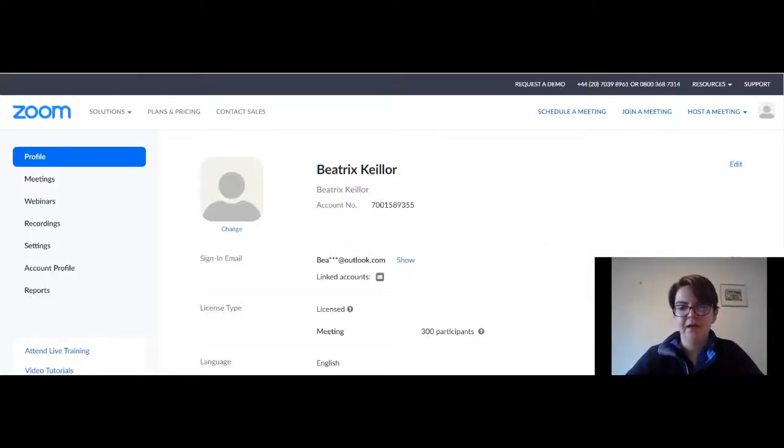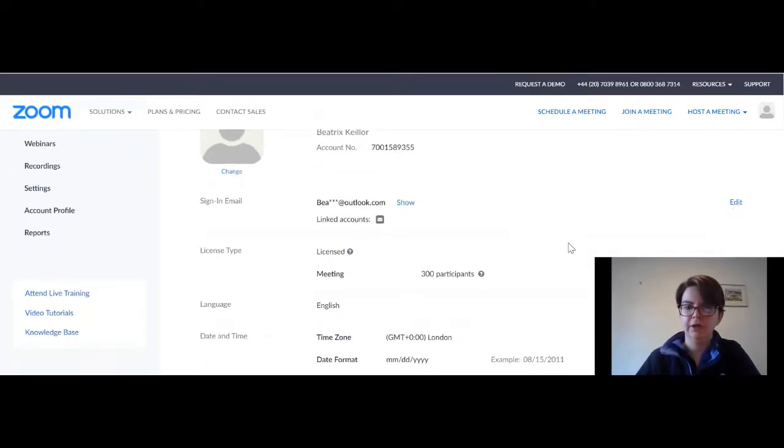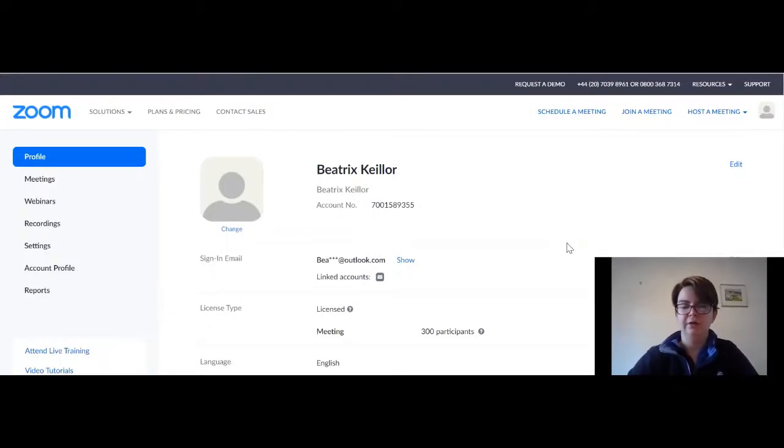Now you have a Zoom account, every time you log in to the Zoom website, you will see a page like this, which allows you to see your profile, meetings, and various settings associated with your Zoom account. The profile page, which I've opened now, is where you can see your name, display name, and email address. You can change these by clicking on the edit button to change your name or email address. But please note, if you do have one of the Girl Guiding free Zoom accounts, then the name and email address will be the one you registered with and you cannot change this information.